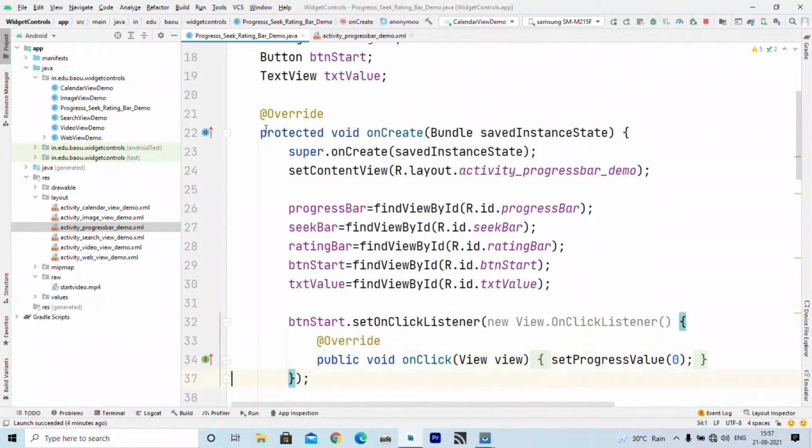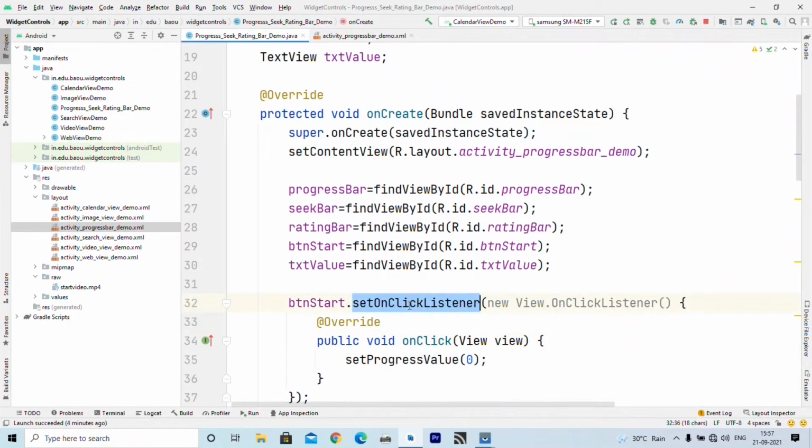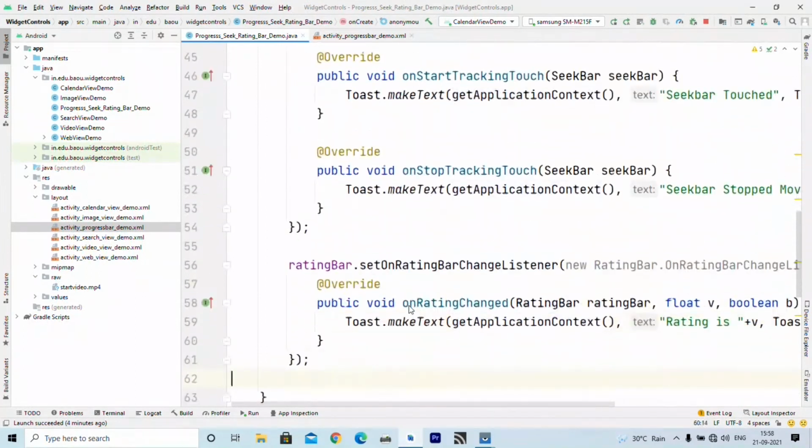Now what we want to do is, inside this button click event, I want to display progress inside progress bar, right? So I have written one method which takes an integer argument as a progress value. So I call setProgressValue and provide 0 as an argument, right? Now let us try to understand the definition of setProgressValue.